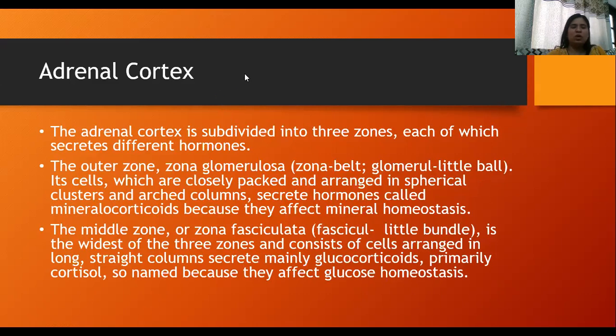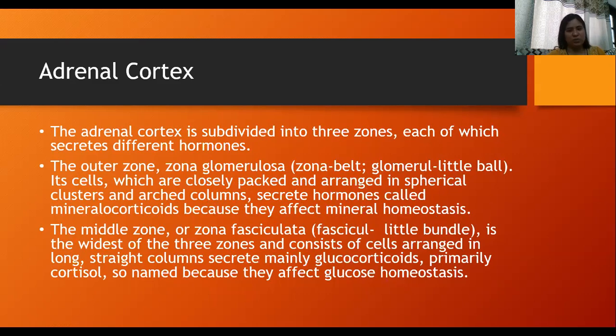So now we further study the zones of the adrenal cortex. It is subdivided into three zones, and each one secretes different hormones. The zona glomerulosa. Why is it called zona glomerulosa? Because zona means belt, and glomeruli means little ball. The cells of this zone are closely packed and arranged in spherical clusters and arched columns like a little ball, and secrete hormones known as mineralocorticoids, because they affect mineral homeostasis, mainly of two minerals, that is